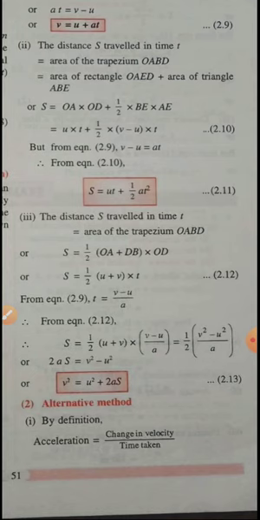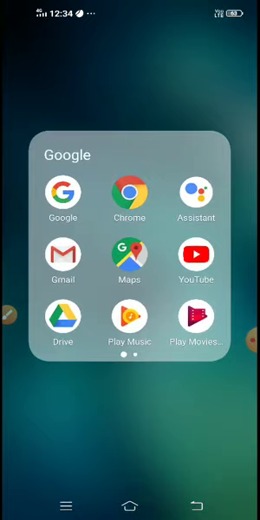I'm going to bring this A outside as common. So you can find it is nothing but an expression of your algebraic equation. We had an equation like this: 1 by 2 into U plus V into V minus U divided by A. So I'm going to bring this A outside. Therefore 1 by 2A into U plus V into V minus U.